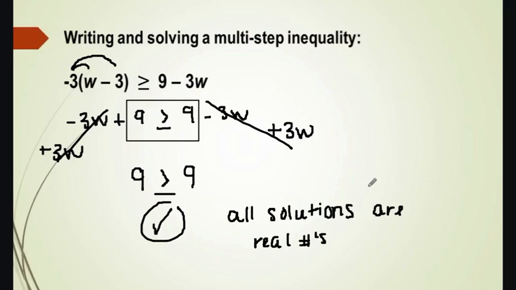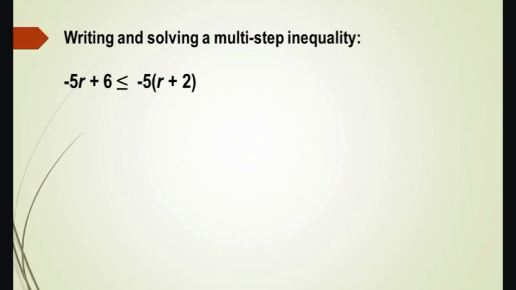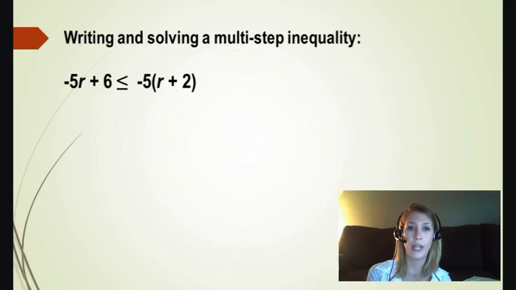Now let's take a look at a different multi-step inequality problem where the solution is very special and different. So let's take a look at that. Here we have negative 5r plus 6 is less than or equal to negative 5 with the parentheses of r plus 2. So we're going to use the distributive property once again to simplify the right side of our inequality,